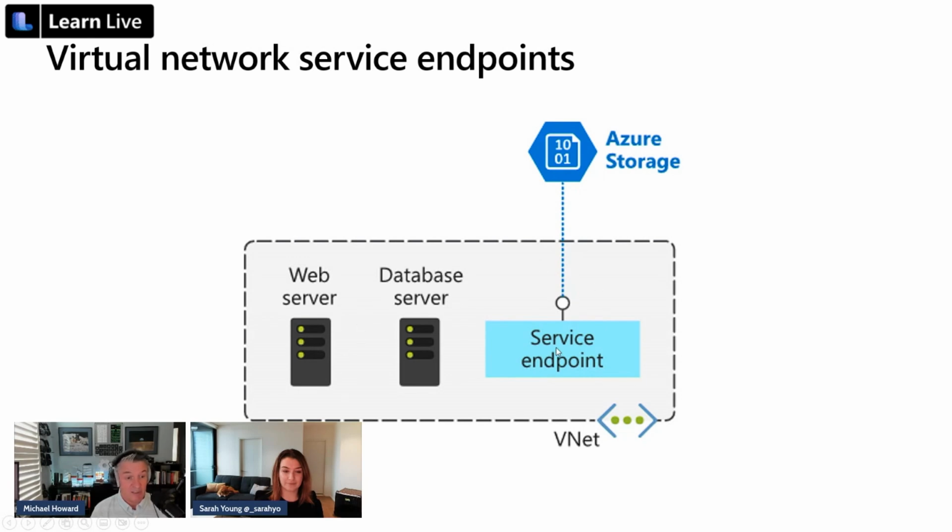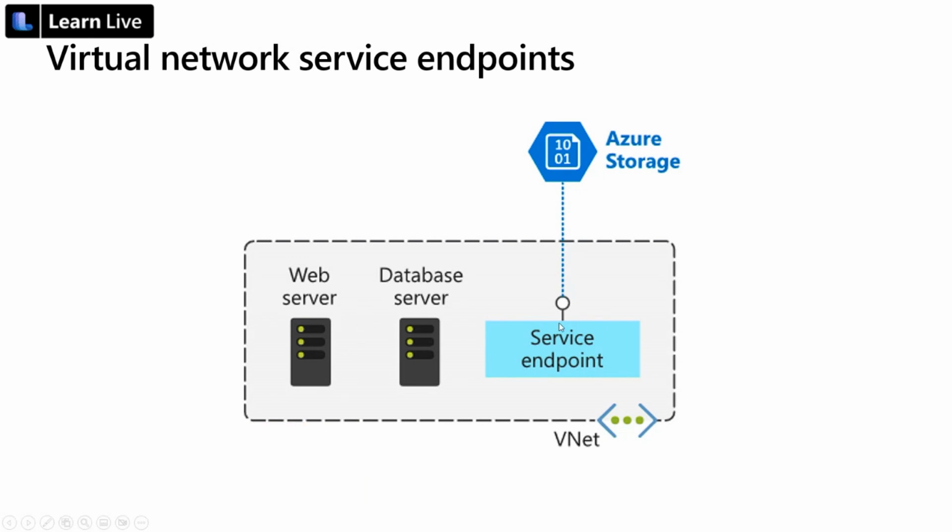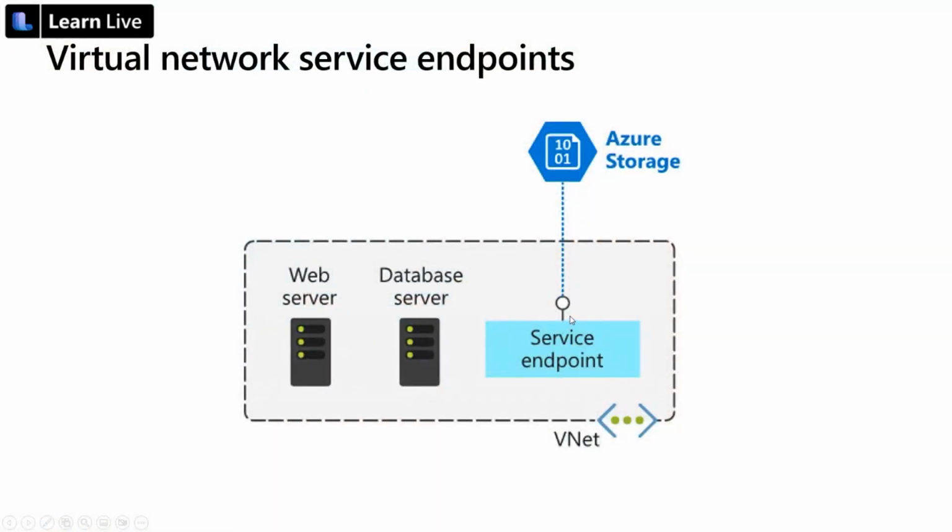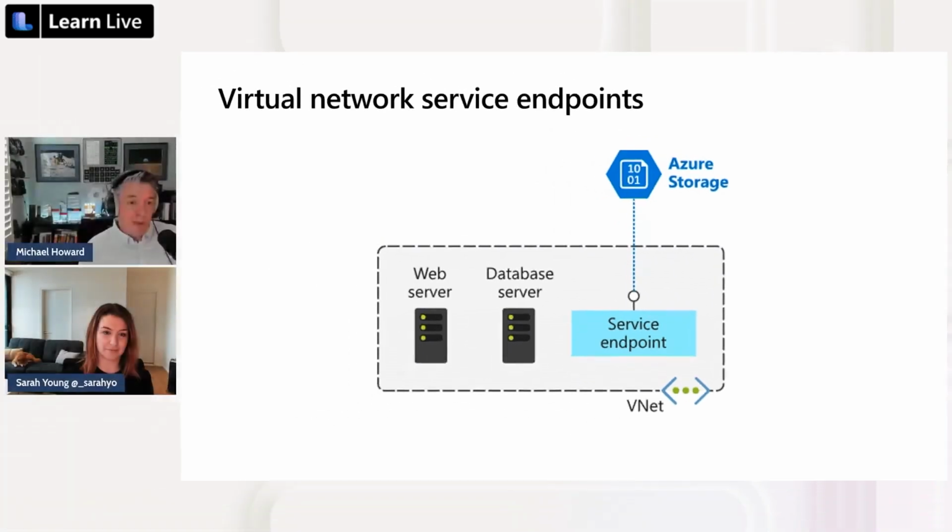So the web server can access this IP address. What's cool is that the web server will probably be using the public IP address to access the storage account, but it will be routed on the Azure backplane using a private IP address because you're injecting this service endpoint into your VNet. And so this service endpoint right here will actually have something like 10.10.0.6, for example. Now you may access something with a 23.5.7.3, but under the covers, Azure will automatically route it to the private endpoint instead.